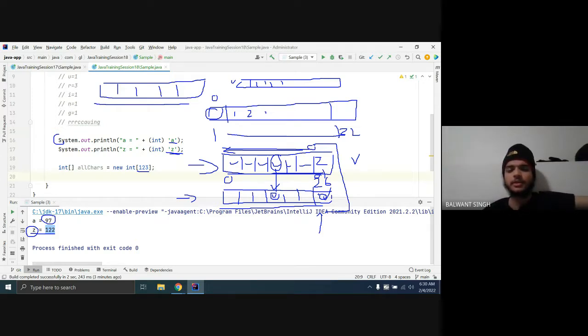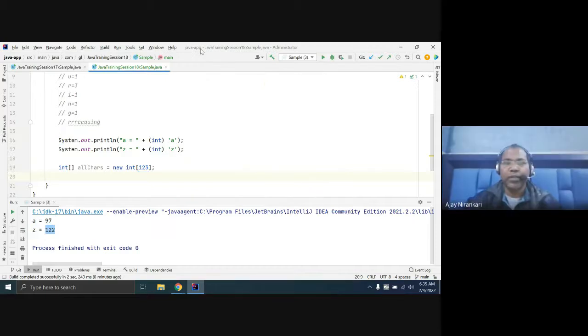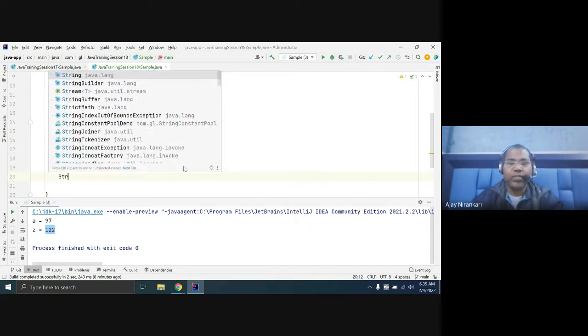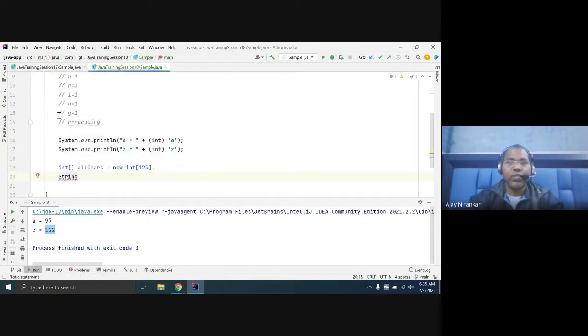R minus A would give us, let us think, 24 something. Let us first check whether our first logic works or not. Let us say we have a string example. Okay, we have taken this.